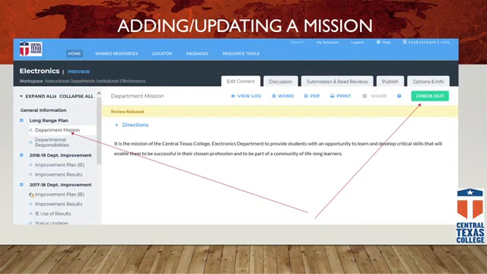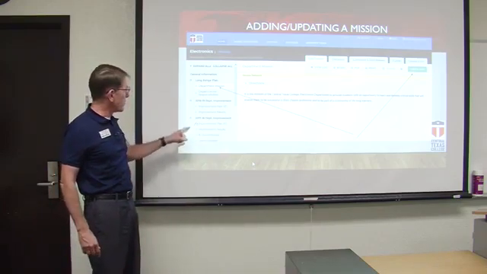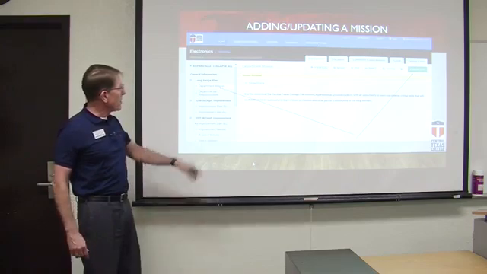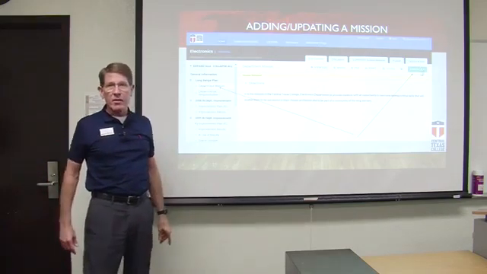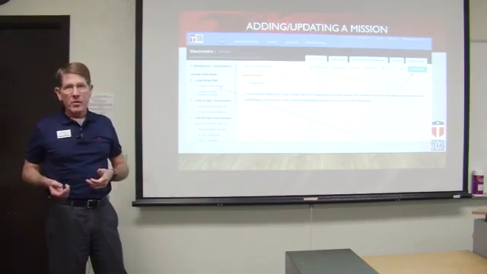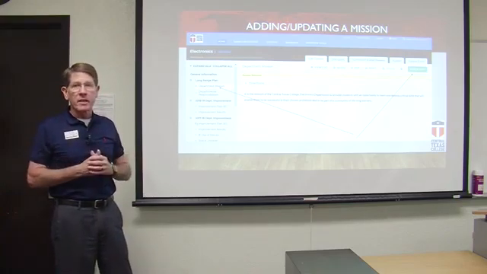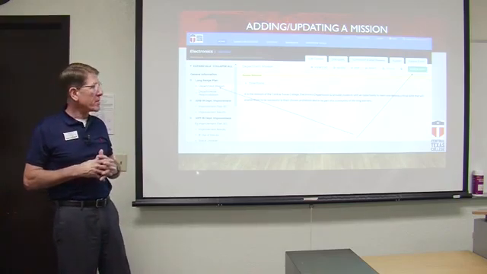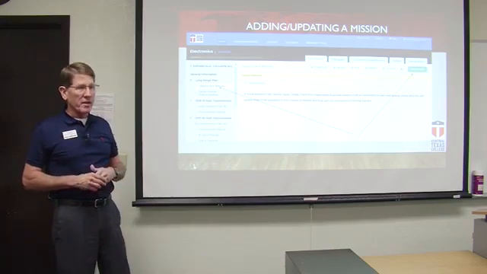And this is the electronics department. This is where they have their information stored. You can see they've already put their 2017 improvement plan in there. It's been reviewed and locked. You'll click on the department mission, and then this will come up and you'll click check out. It's like a library system. You check out a book, you check it back in when you're done. And this helps prevent people from overriding each other while someone's editing the information inside the workspace. So always remember to check out your work and then check it back in when you're done.